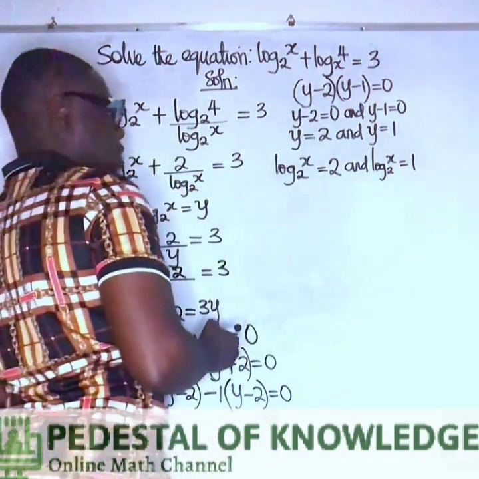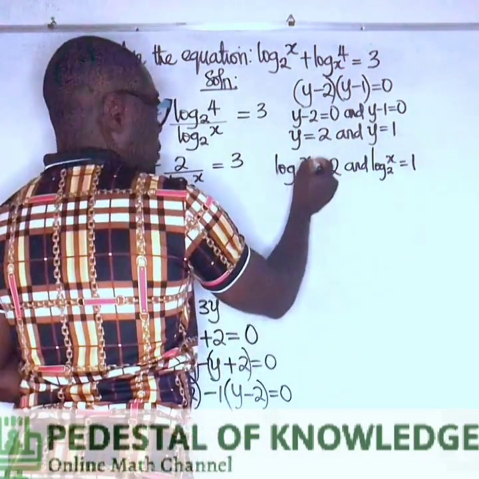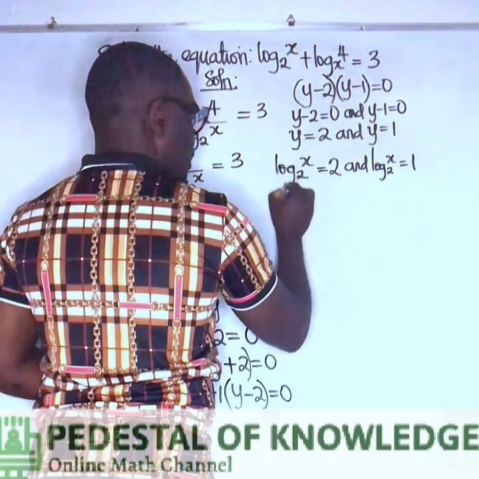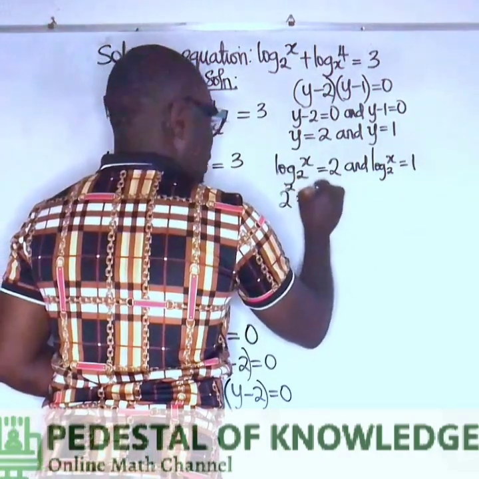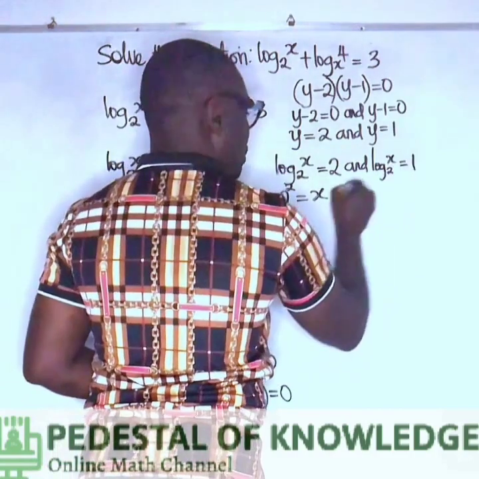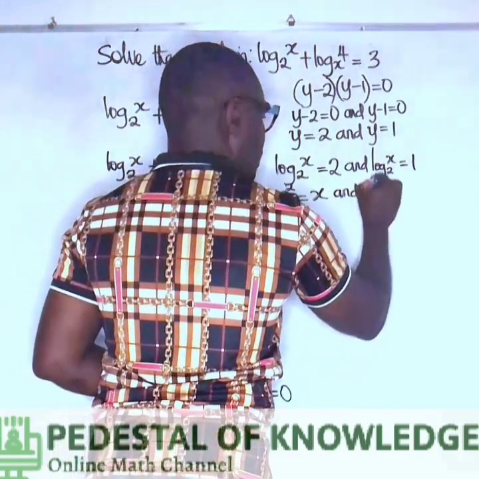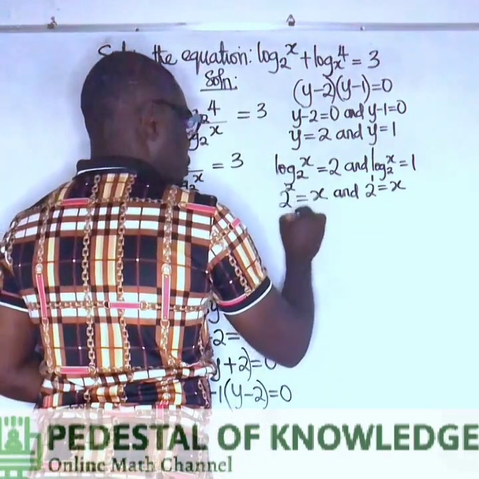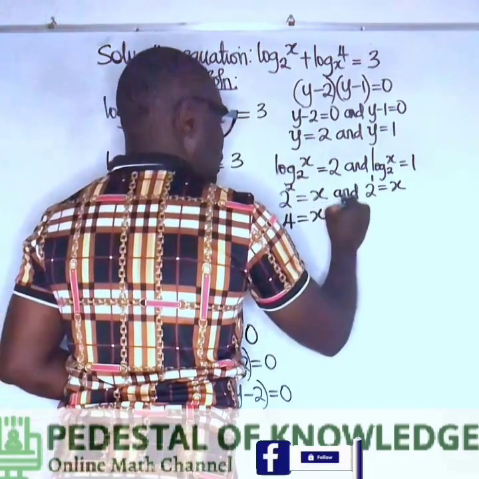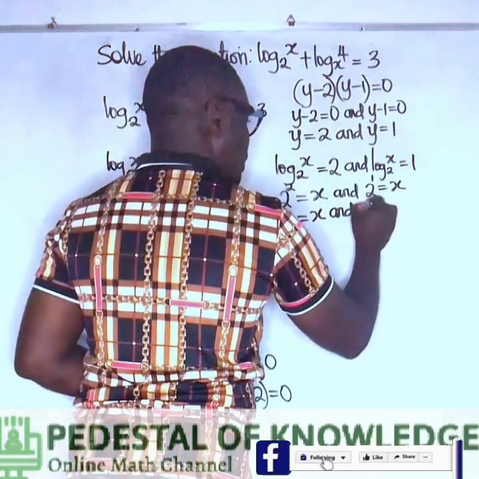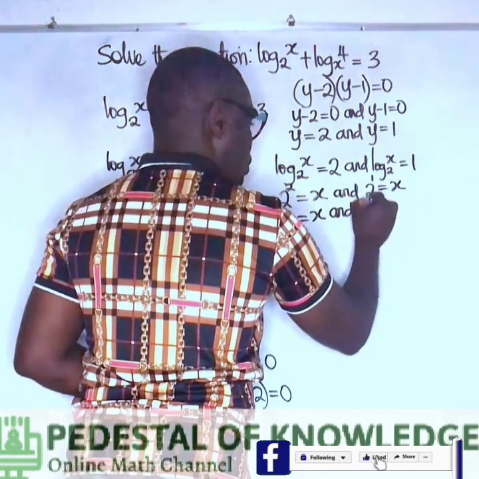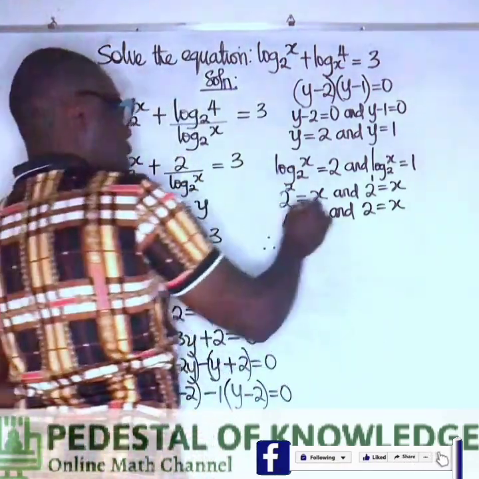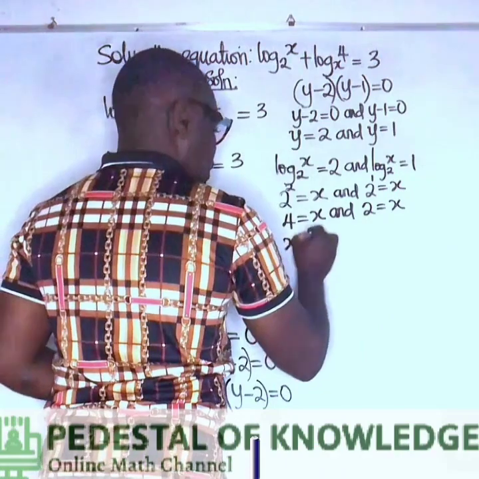Remember that from the definition of logarithm, if log x base 2 is equal to 2, then that means that 2 raised to power 2 is equal to x. And also from here, 2 raised to power 1 is equal to x. Now 2 raised to power 2 is equal to 4, so 4 is equal to x. And 2 raised to power 1 is equal to 2. Therefore, the values of x that satisfy this equation are x is equal to